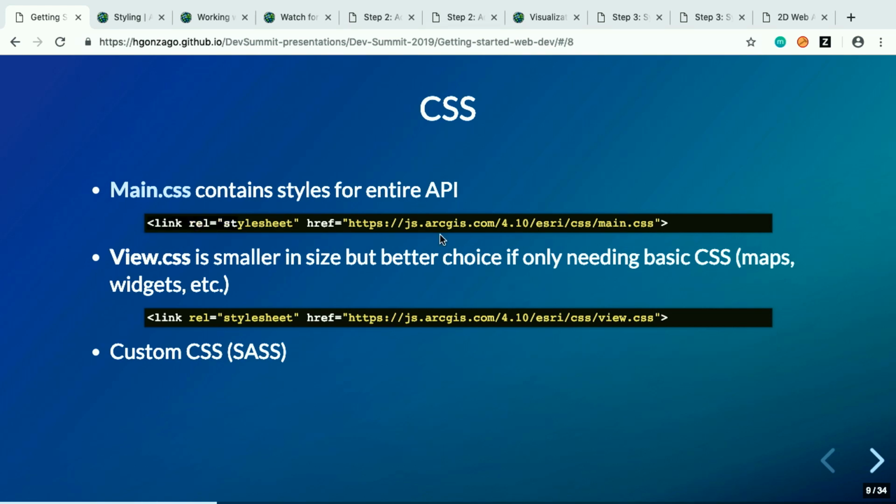We have another version of the CSS called view.css. So if you ever looked at our configurable apps or any of our other applications, a lot of them will actually use the view.css because it's smaller. And with the smaller file, you get a slightly faster load time. It doesn't have all the functionality, so you'll want to look at it and make sure that it has the